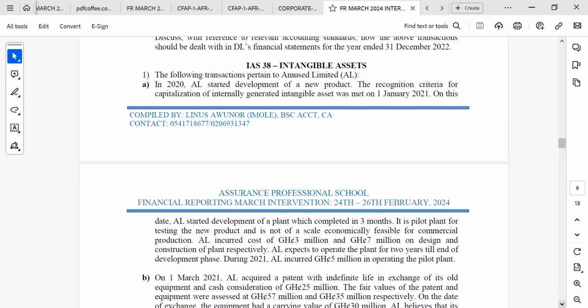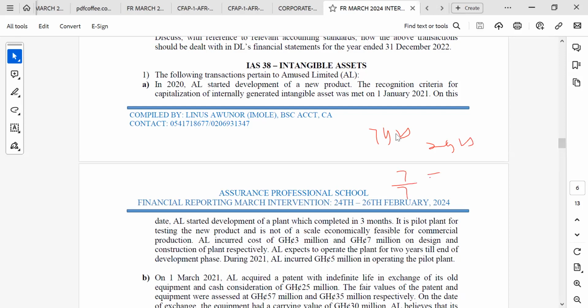So it means that the machine is only constructed purposely for the product. So after the product has been completed, the machine cannot be used elsewhere. You can see that they say that the machine is not of a scale economically feasible for commercial production. It means that after the production, you can't use the machine elsewhere. Assuming you can use the machine elsewhere, and the company says that the machine is going to have a useful life of 7 years, it means that the first 2 years you are going to use it on a product. So you calculate the depreciation for